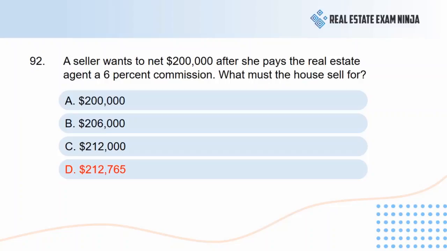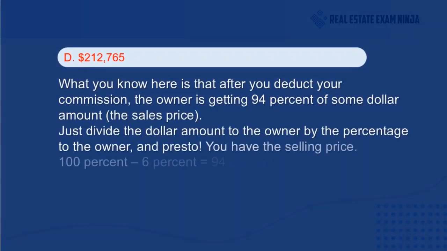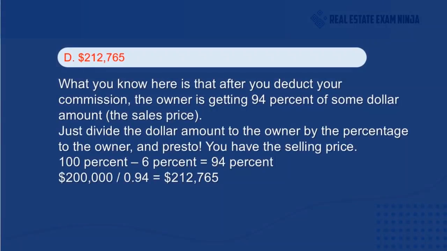The correct answer is D. What you know here is that after you deduct your commission, the owner is getting 94% of some dollar amount, the sales price. Just divide the dollar amount to the owner by the percentage to the owner, and presto, you have the selling price. 100% minus 6% equals 94%. $200,000 divided by 0.94 equals